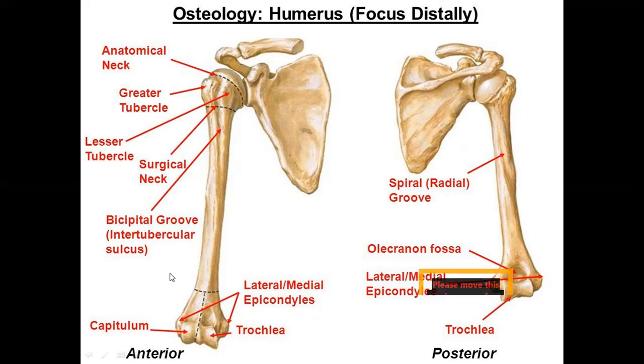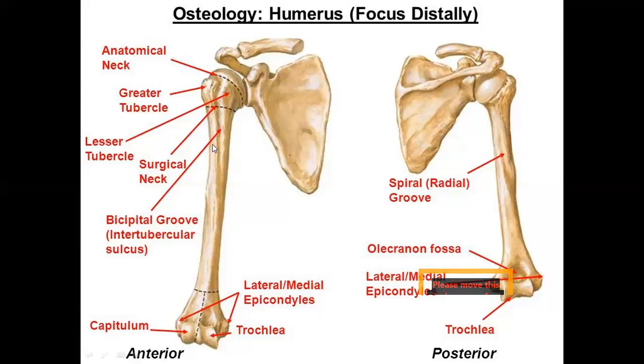This is the anterior view, and this is the right humerus that you are seeing on the screen. We have the greater tubercle, the lesser tubercle, and in between them you are finding one sulcus. You call it the bicipital groove, also called the intertubercular sulcus. As you come down, at the junction of this whole upper end with the shaft, this particular neck is called the surgical neck. The surgical neck is so called because it is prone to fractures when a person falls on an outstretched hand. So overall, the head, anatomical neck, greater tubercle, lesser tubercle, and intertubercular sulcus are what we discussed on the upper end.